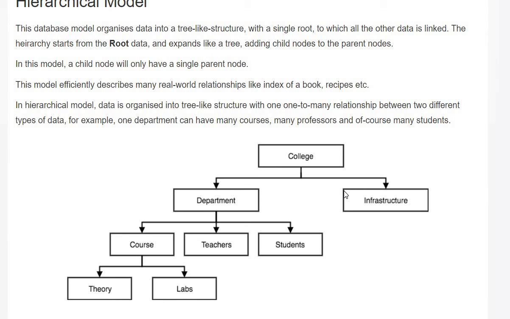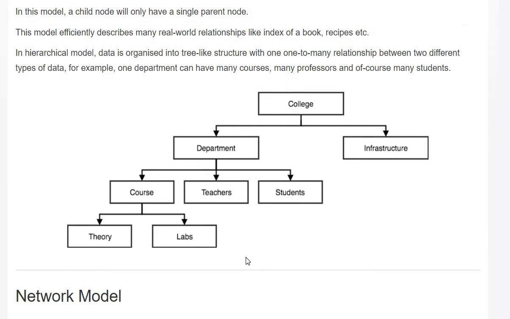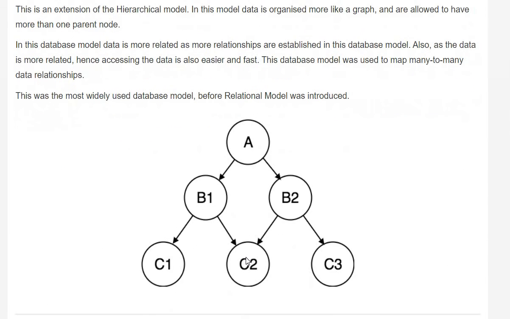So if someone asks what kind of relationship the hierarchical model has, the answer is one to many. One department can have many courses like course, teacher, students. So that is one to many. Now, next we will come to the network model.